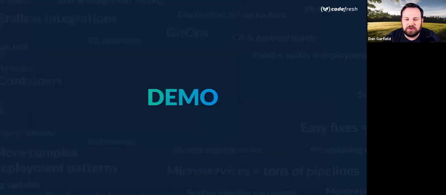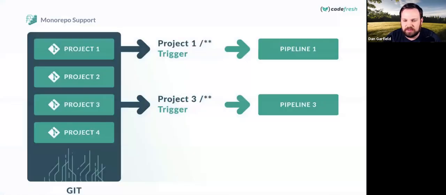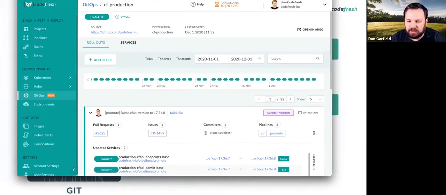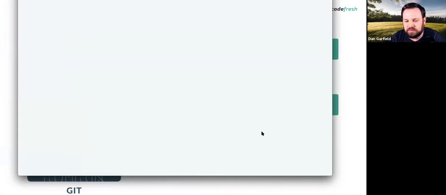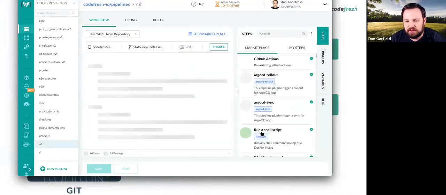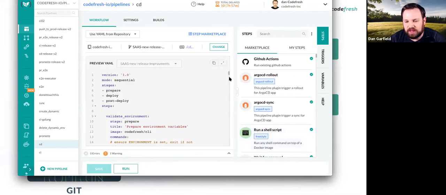So I'm going to come over to the questions here in a second. Something else I did want to mention before I get into those is the other thing that we do that really helps: we use shared pipelines. What we do is we create a single pipeline, and I can show you this here. If I go to the CD pipeline here, what you'll see is we've defined a pipeline that triggers the update of all of the elements that are going to go into a sync. And this is a shared pipeline. Now, what does that mean?